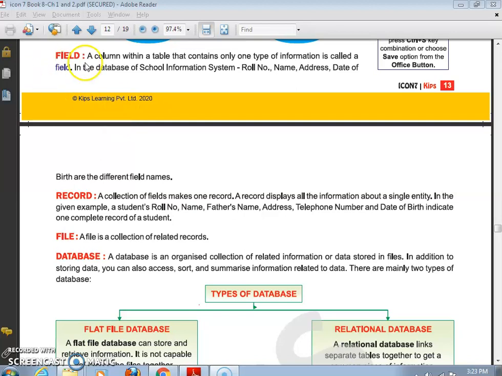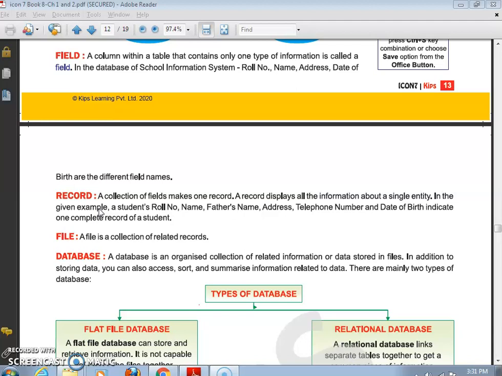Okay, field, a column within a table that contain only one type of information is called a field. In the database of school information system, roll number, name, address, date of birth are the different field names. Record. A collection of fields make one record. A record displays all the information about a single entity.